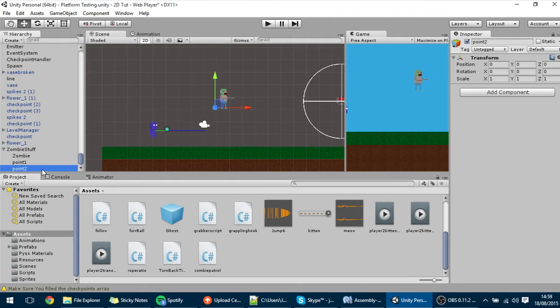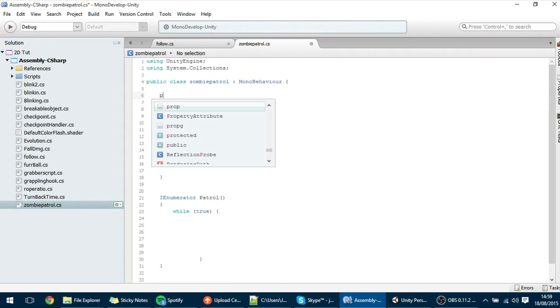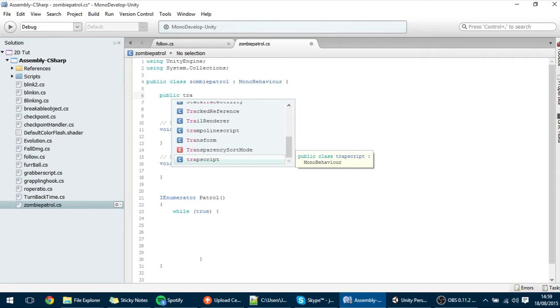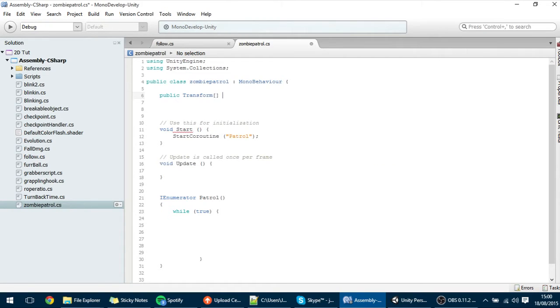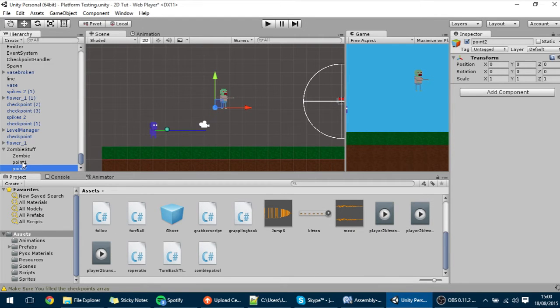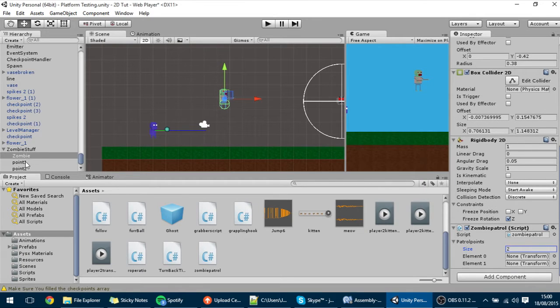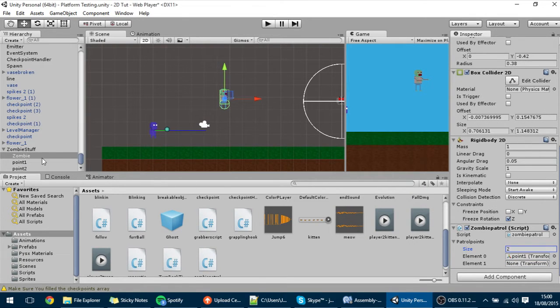point 2. And now in the zombie script, I'm going to put here two variables relative to that. The first one will be a public transform, which will be an array of patrol points, and the second will be an int current point, which tells us in which point of the array we are. So for instance, because I created here 2 points, then here the zombie should go from one point to another, so I'm just going to put here 2 and drag one point to here and the other point into here,